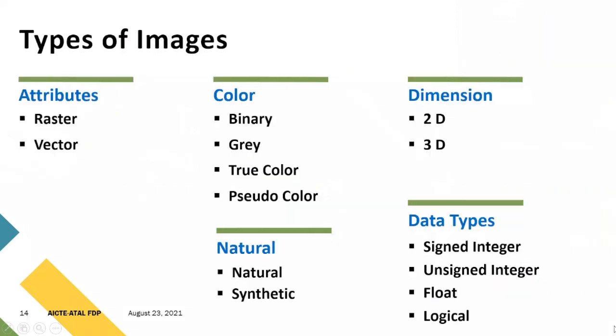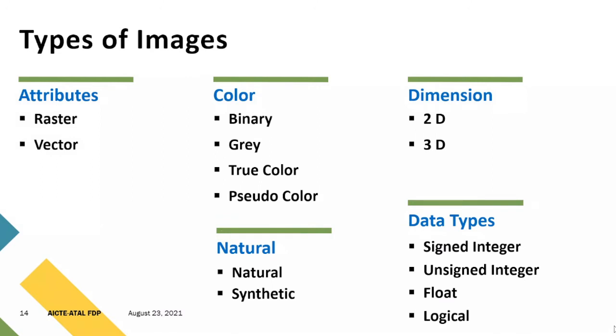let me go to the previous slide. Data types. So images are also classified on the basis of data types. See, a binary image is written in certain forms as a combination of zeros and ones. Even in digital, you have studied that a number may be positive or negative. Whether it is positive or negative, if the leftmost bit is 0, the number is positive.